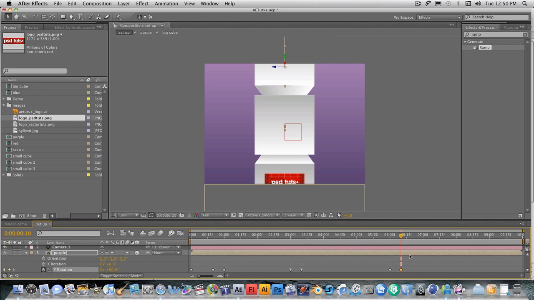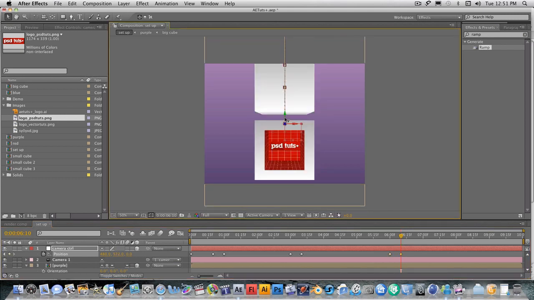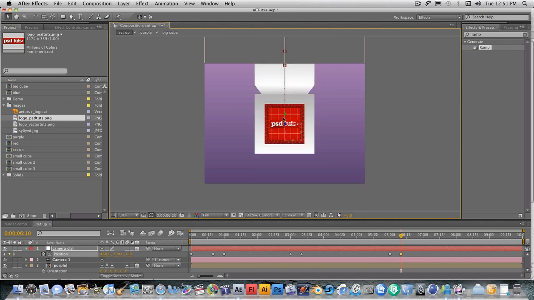Sorry. Okay, now next thing to do is you need to move 9 seconds into the timeline, and here you're going to copy this, paste it, and here you need to copy this keyframe and paste it here, and then hold shift, press page down, and move the Y position up until you can see the red box right in the middle of the composition, something around that, and then go to the 9 seconds into the timeline and copy this keyframe and paste it,